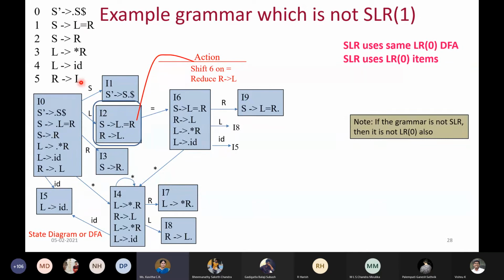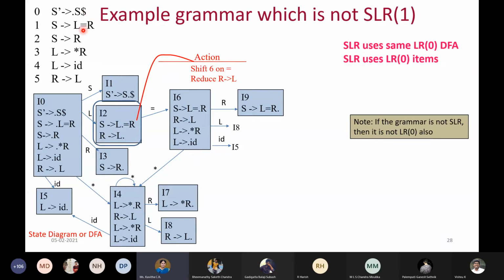So follow of L should also contain follow of R. It is actually mutual, isn't it? So if I find the follow of L, I can fill it for follow of R, and the same thing will be repeated. That's it. Nothing else. So from here, I am getting follow of L as equals. And here I am not getting any new symbol. So follow of R should contain what now? Follow of S, which is nothing but the dollar symbol.